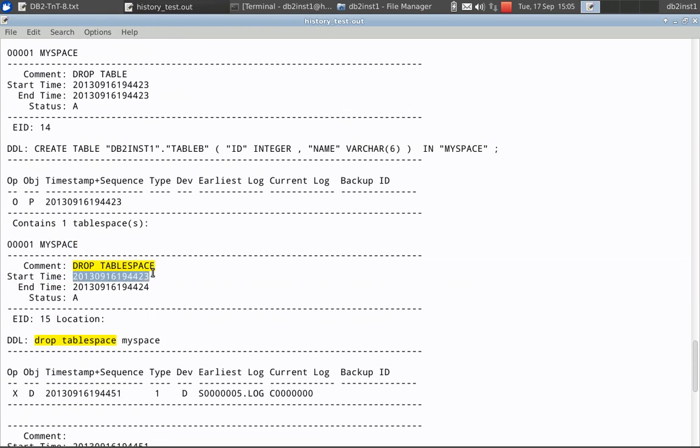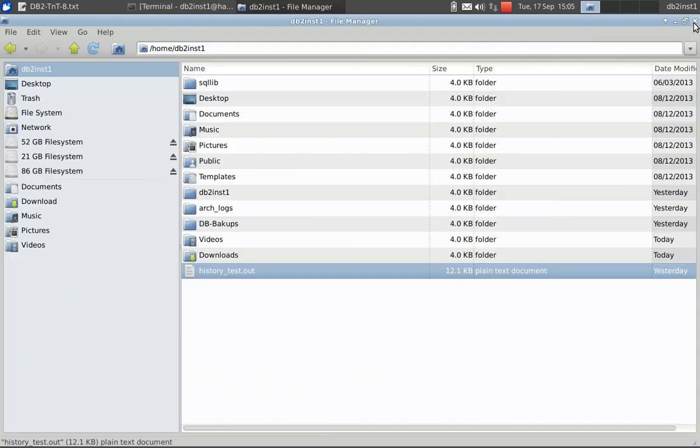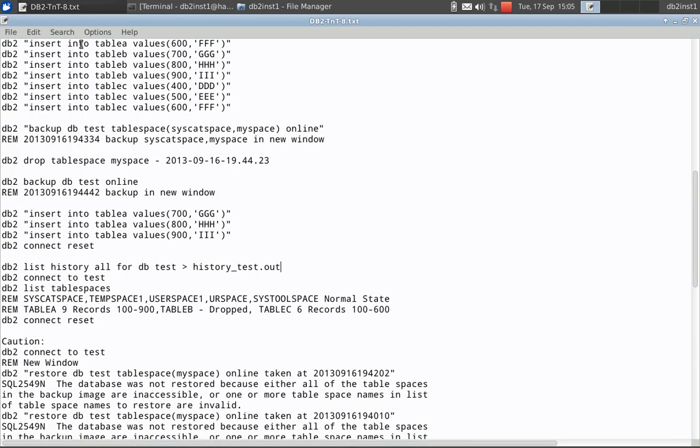So you can get that: 2013 09 16 19 44 23. So this is the timestamp that I am getting from the history file, that I am putting it here. Okay, this is in timestamp format, 2013 09 16 19 44 23. So that's how we can get the precise point in time for the drop table space.